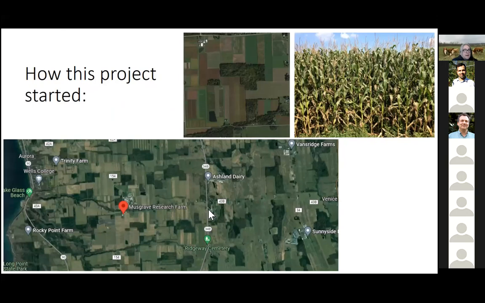So we are in upstate New York, okay, and this is our field. This upper image here is our field site, and most of the experiments I'm talking about today happened in this circle right here in the fields in this area. If I scan out to the greater upstate New York region, you will notice that there's Ashland Dairy, Sunnyside Dairy, Trinity Farm. This is a large dairy area. New York is a large dairy state, and there are large dairies in this area, 2,000 to 6,000 head of cows. And with that comes a lot of silage corn.